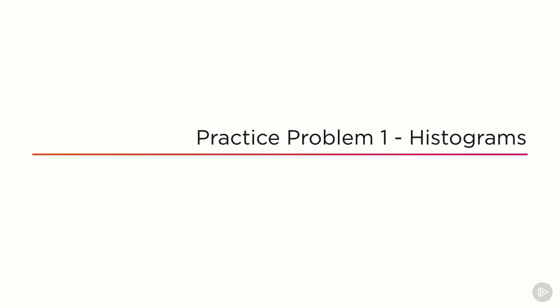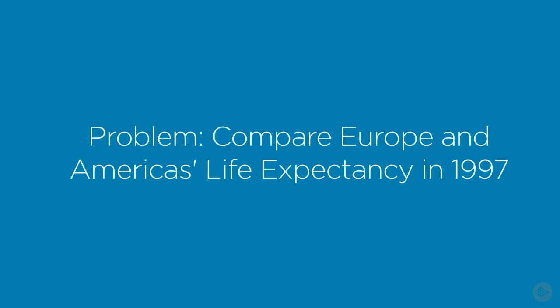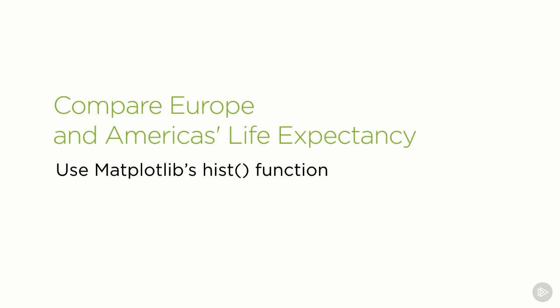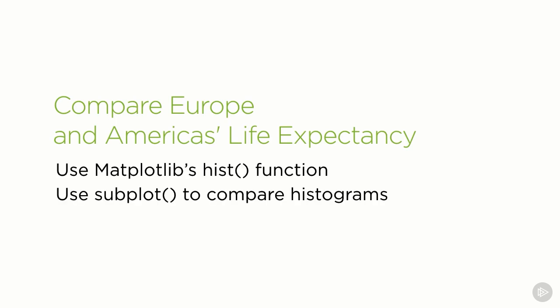To practice what you've learned in this module so far, here's a practice problem for histograms. The problem is, compare Europe and America's life expectancy in 1997 using countries.csv. Americas here include North America, Central America, and South America. To solve this problem, use matplotlib's hist function to create histograms and the subplot function to compare multiple histograms in